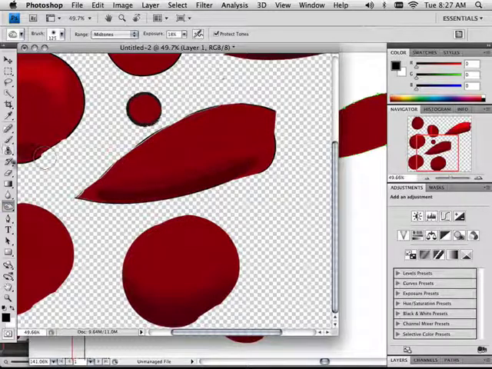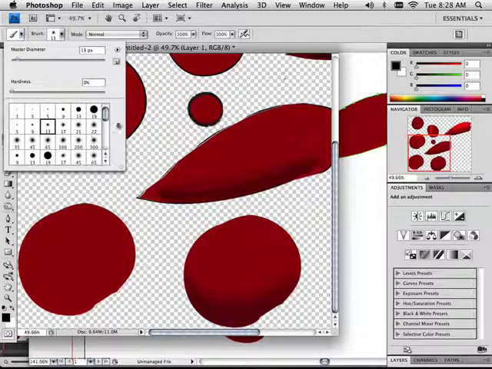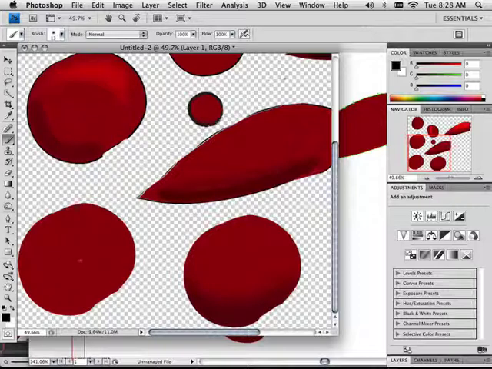Another method of tweaking or shadowing the information, let's say I didn't want to use the dodge and burn tool and wanted to learn something else. Here, what I'll do is grab a brush, and I can use any brush I want. Same with the dodge and burn tool, you can use any brush you want. But if you hold Alt and click on a color,